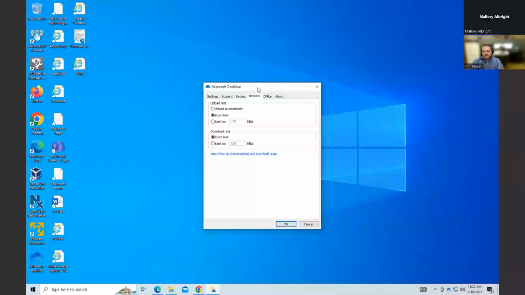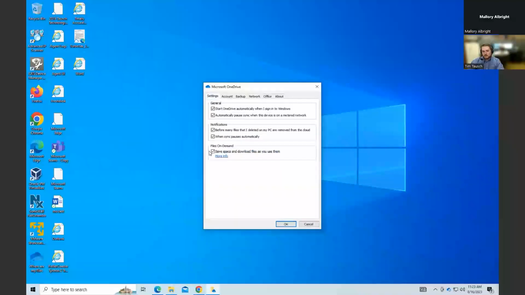So some other things here in the settings that you can mess around with if you need to is going to be your network settings. So typically this is something I don't see most users having to work with, but there's a few occasions. So basically what you can do with this is you can limit the bandwidth that it's using. And a really good use scenario for this would be if you're traveling and using your phone as a hotspot. So in that scenario, you'll either want to completely disable sync, which you can do here, or you can